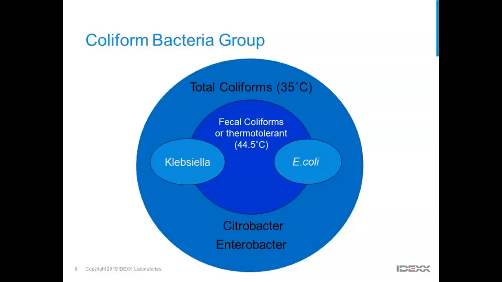There's a subgroup of Coliforms that are known as Fecal Coliforms, or that's what they were called. These were bacteria that were deemed to be the best indication of a fecal contamination. Basically, this group is selected by temperature. So for this kind of testing, you're looking at 44.5 degrees Celsius, plus or minus 0.2. So it's a very high temperature, a very tight tolerance. And it was believed that this would be the true indication of a fecal coliform.